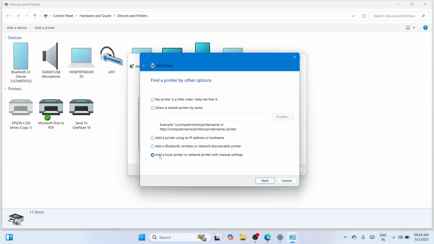Click on this down arrow key and use any of these three USB ports. So it could be 001, 2, or 3. In my case, I'll be using USB 001 as my printer port. So click on next